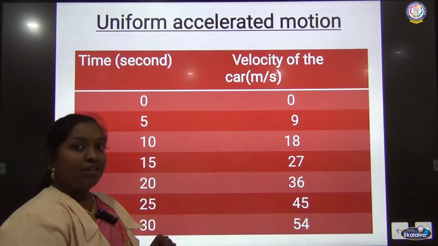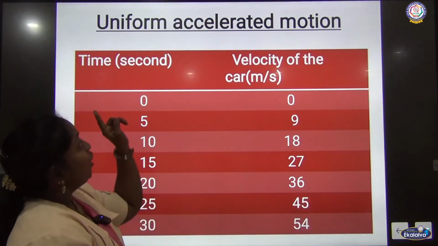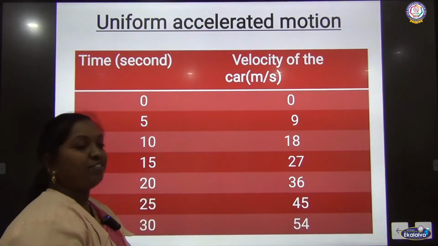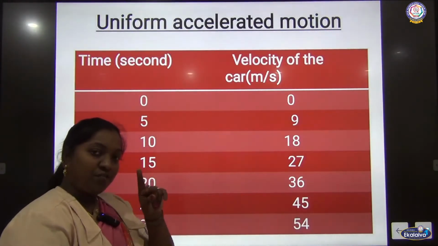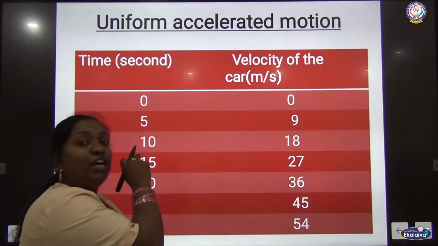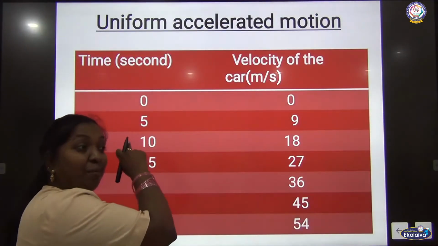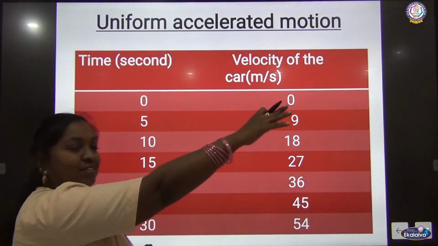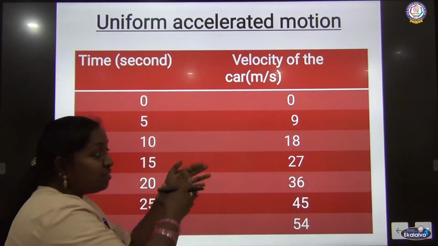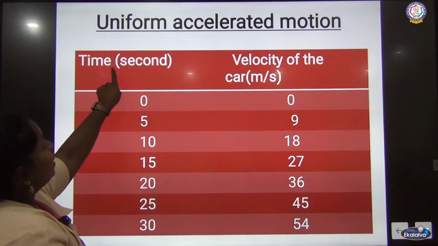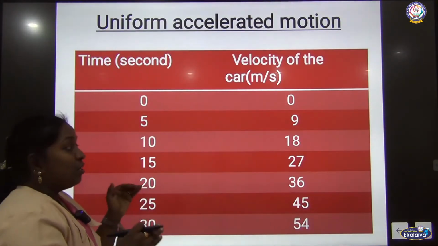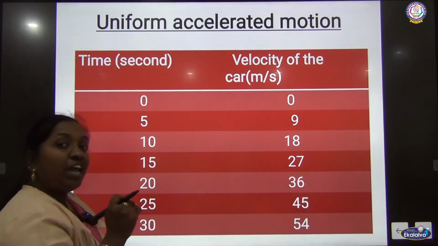Now we are going to learn uniformly accelerated motion with the same velocity time graph. The first velocity time graph gave you displacement. Remember, it was parallel to the time axis and maintained a uniform velocity. See this, here if you see the values, you will come to know what is the difference in this graph. Consider the velocity of a car with time. Just make note of the values.